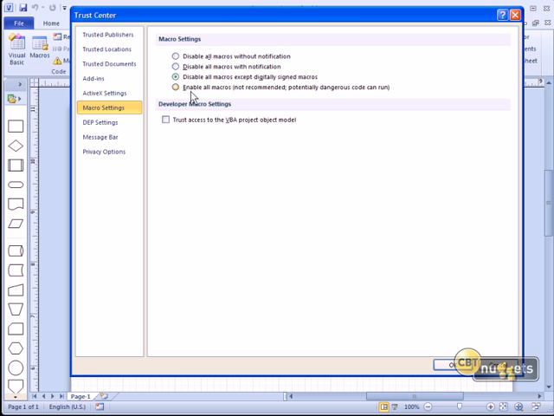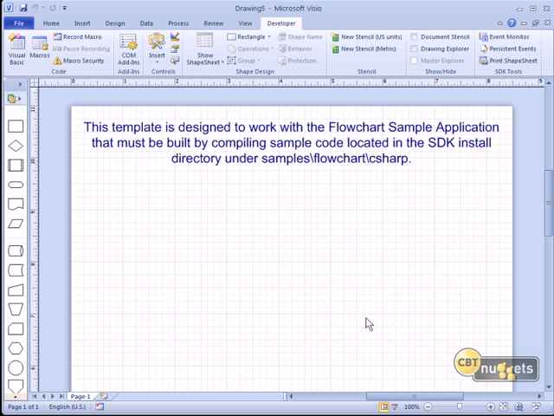You might digitally sign your macros using a code signing certificate within your organization. And this is nice because your own macros will run unfettered and anybody else's macros will not. I'm going to, because this is a trusted development environment, override and choose Enable All Macros in this case. I'm also going to select the option Trust Access to the VBA Project Object Model, because again, I'm working in a trusted environment.